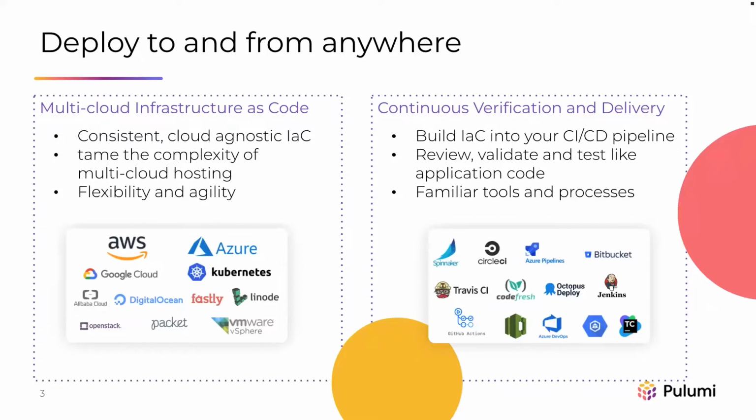So instead of relying on cloud-specific definition files, they use Pulumi to manage all modern cloud workloads, such as containers, Kubernetes, serverless, and so on. Using one infrastructure as code platform across multiple clouds helps to tame the complexity of multi-cloud hosting. It makes it easier to maintain consistent workflows and standard practices across multiple clouds,